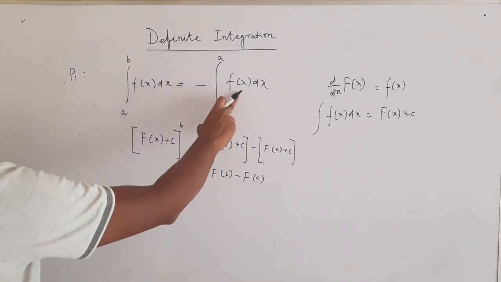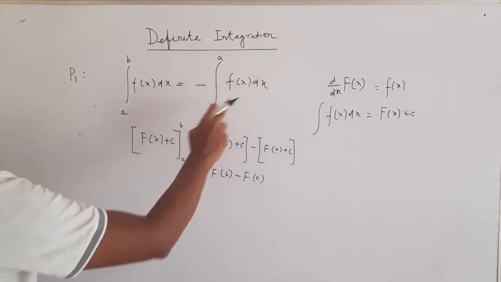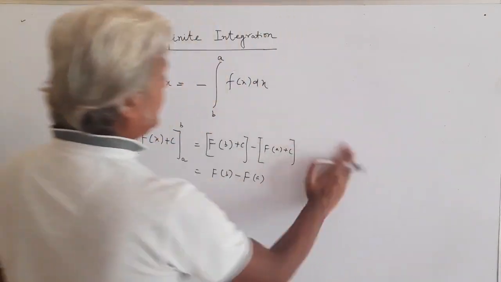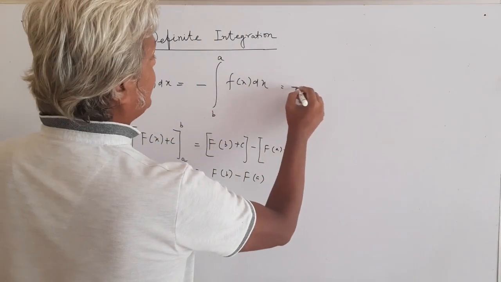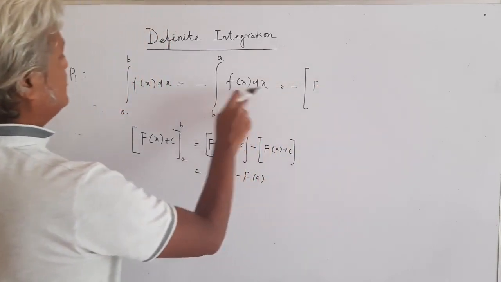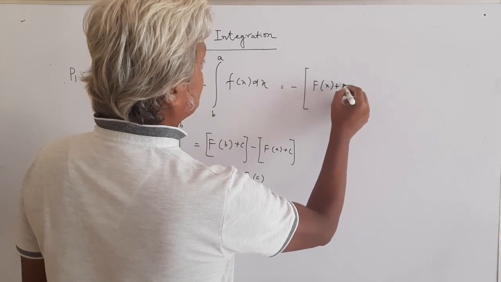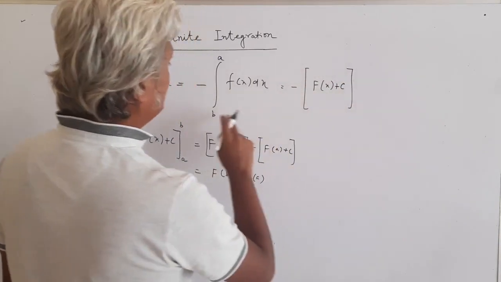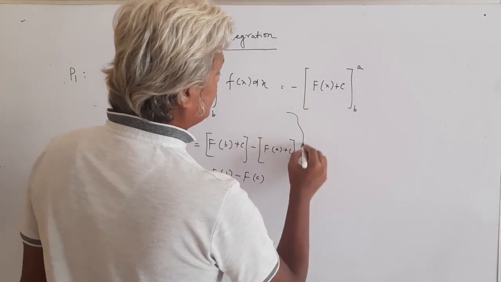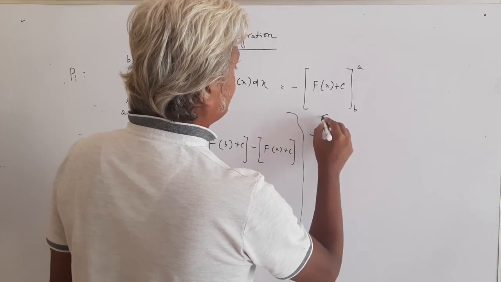Now the same thing here. In the case of this one, we have the same function. I remove this part and try to find it for this one. So write minus, and then because these two are the same function, here we have F(x) plus c, the integral of this also. The limit now changes to b to a. Then first here you have to put the upper limit, so minus, then I write a curly bracket.